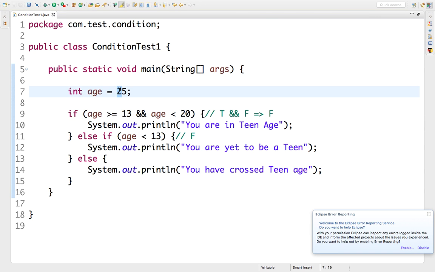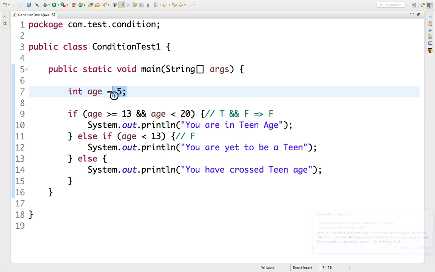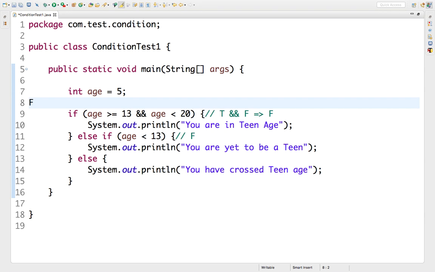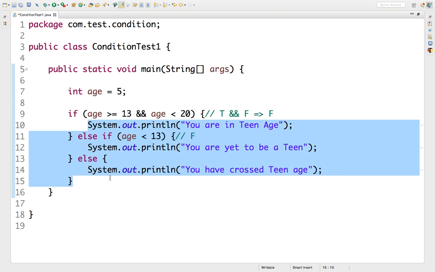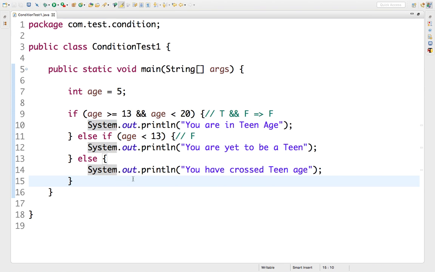Let's change the value to 5. Then it should show. So if you have 5, then 5 is greater than equal to 13. So this is false, right? Anything, it can be false, it can be true, this is going to be a false statement, because one of the statements has failed. So this is not going to be executed. Then it comes to check this one, is 5 less than 13, it is true, so it is going to print this one and it won't execute the third line. So any one of the three statements is going to be executed, not all of them, right? So let's run this. It should print you are yet to be a teen,